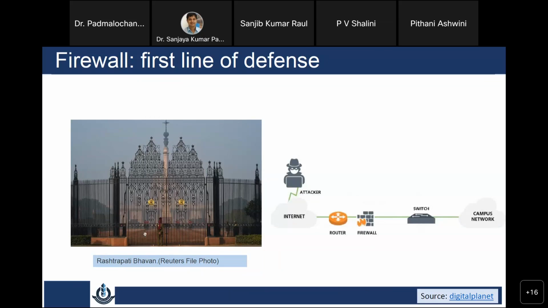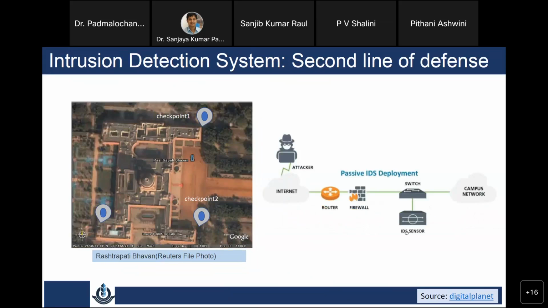So you look at the packet header and you filter, and then when you get inside, it is the intrusion detection system's role to identify the malicious act. So first line of defense should always be the firewall immediately after the gateway router, and the second line of defense could be the intrusion detection system, which could be installed in the switch or as a server connected to the switch, or just before it goes to the campus network. Okay.